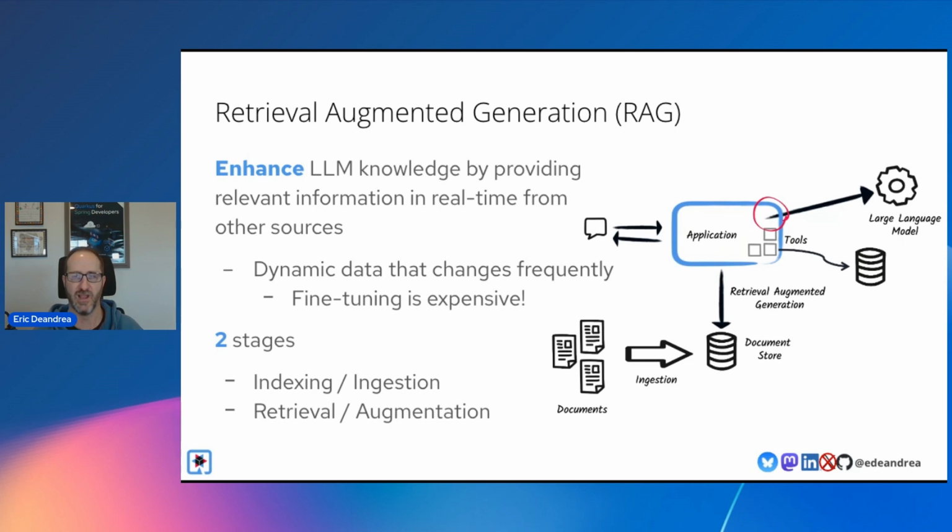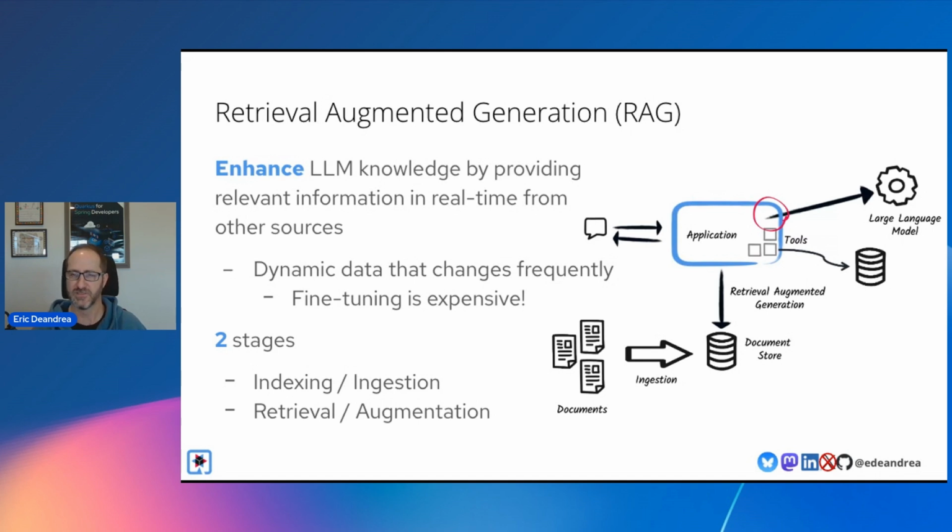The purpose of RAG is to enhance the large language model with other information that it might not know about. Either data that it's not trained on, or maybe you're using a more generic model and you want to be able to talk to it with your own company's documents or company's policies, or just generally stuff that it's not trained on, or information that might change frequently. Because if you've ever tried to fine tune a model, fine tuning can be expensive, costly, and it can take a lot of time. So you need to pick and choose when you want to fine tune versus when you want to just use something like RAG, or retrieval augmented generation.